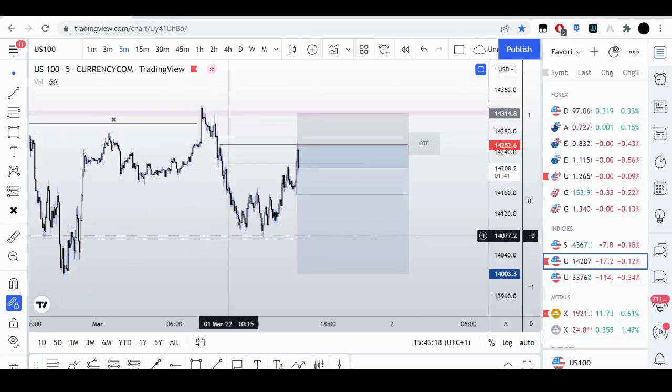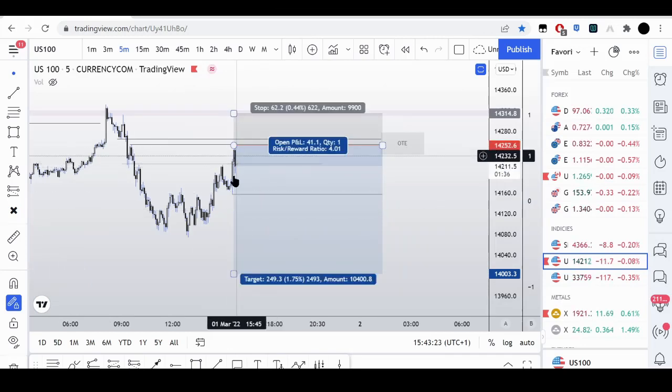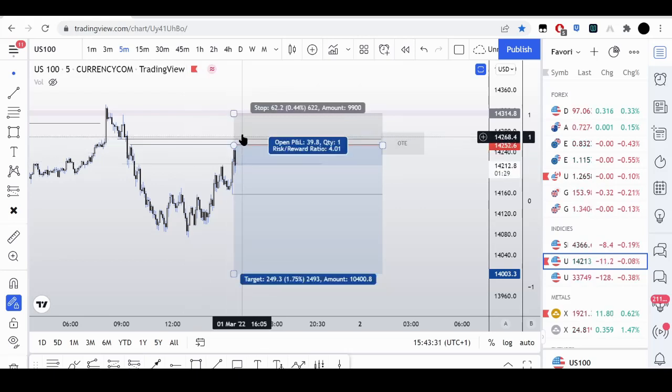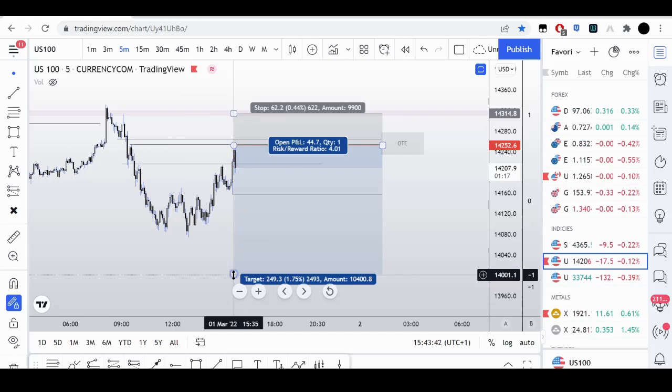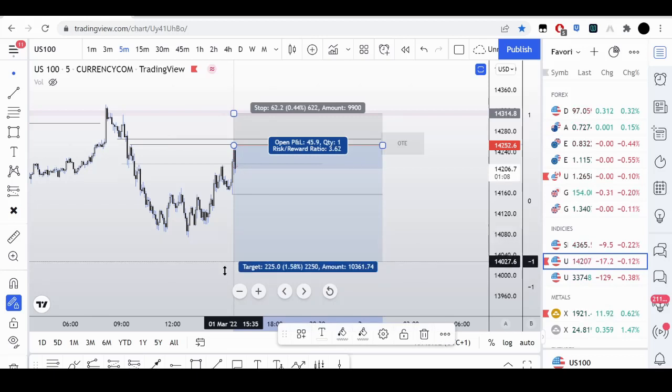So as you can see, look how beautiful that displacement was, this rejection was. I don't know if it's going to hold this high. It could come up again and work this fair value gap some more, even come a little bit deeper. But this low, I'm looking for this to get attacked, and then potentially this. I might TP a little earlier than here, depending on the time of day, which will probably be like a 1 to 3 after we take out this low right here. So I might TP there depending on what happens.